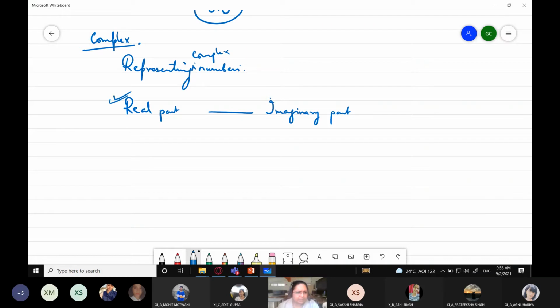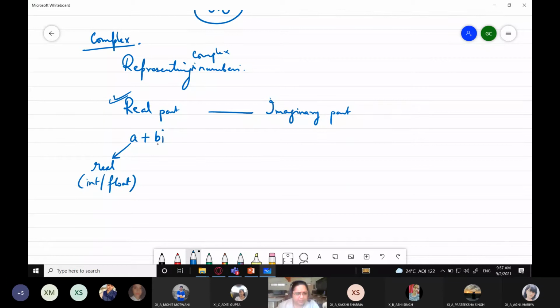So that is why a different category of numbers was created, known as complex numbers, and they are normally represented like this: a plus bi. Where a is the real part, it's a real number, and it could be integer or float.